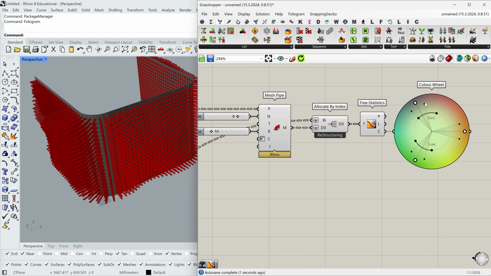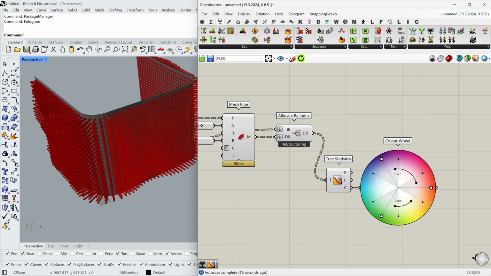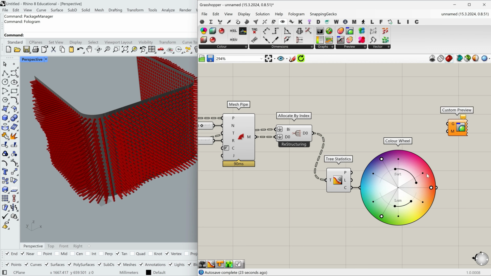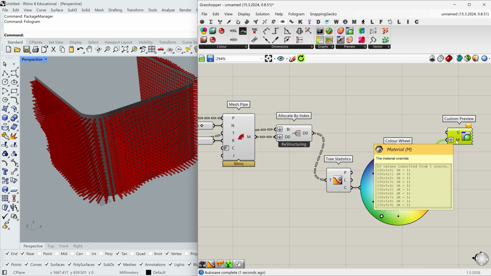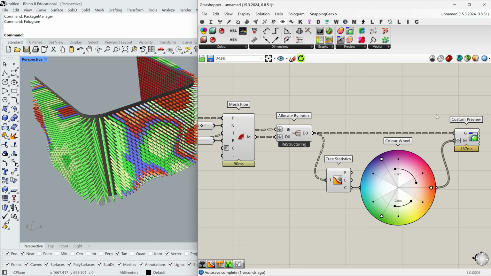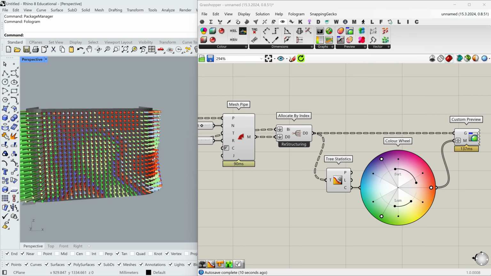I will adjust a little bit the color range, saturation, and the luminosity. Something like this will work. And then I'm going to use the Custom Preview component from the Display tab. I will grab the color input and connect the actual geometry. Okay, here we go. We have colored our rods according to their lengths.